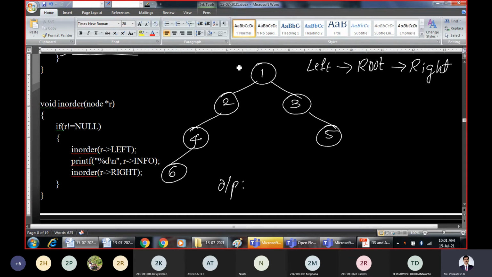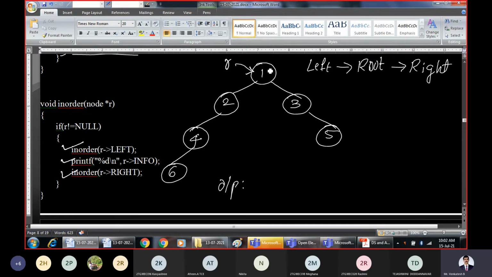Now we will start with the very first node of the entire tree, that is the root. So the recursive definition is like this. First, we process the entire left subtree using in-order traversal. Then we print the root node. Then we process the right subtree using in-order traversal. So root comes in between left and right. You print the root information between the left subtree and the right subtree. That is a simple logic.